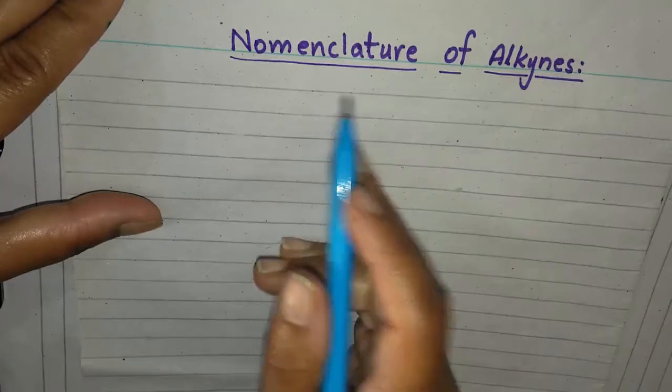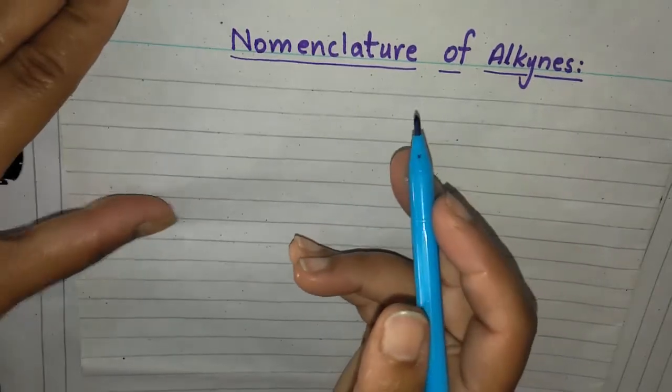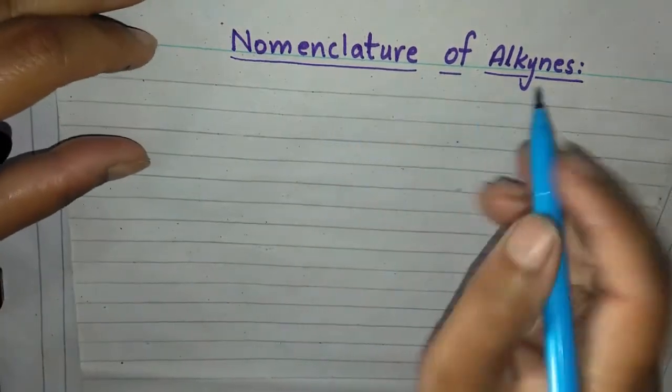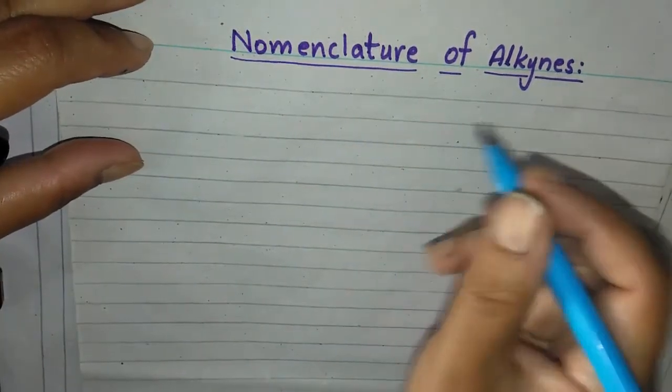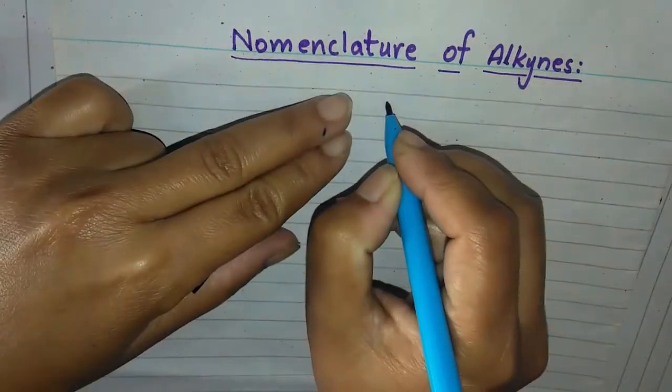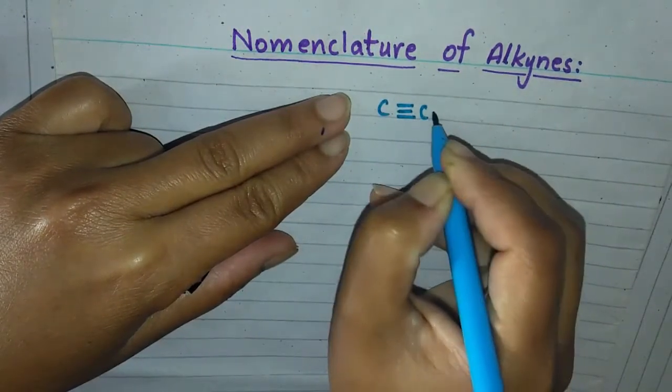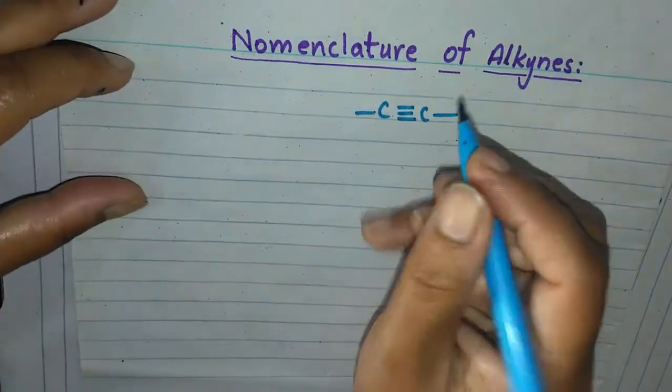Now next is nomenclature of alkynes, and we have to select the longest chain that contains a triple bond. Alkyne means a hydrocarbon that contains a triple bond, as in this case, where a carbon-carbon triple bond will be present. Okay. Now consider this example: